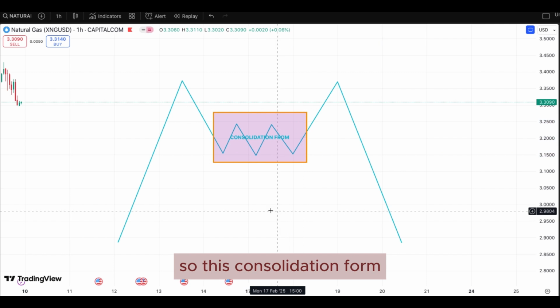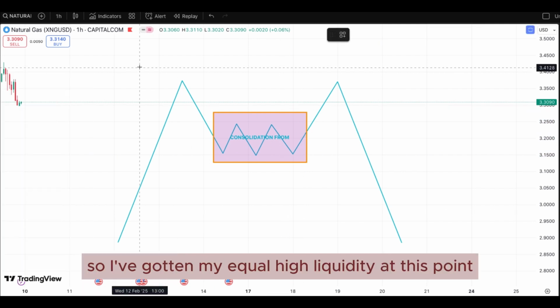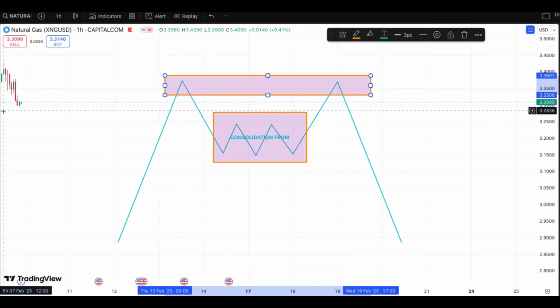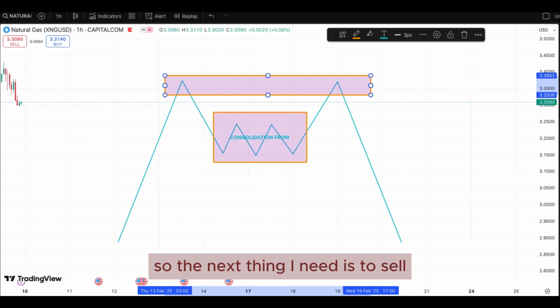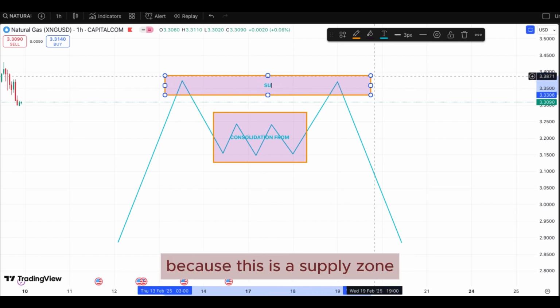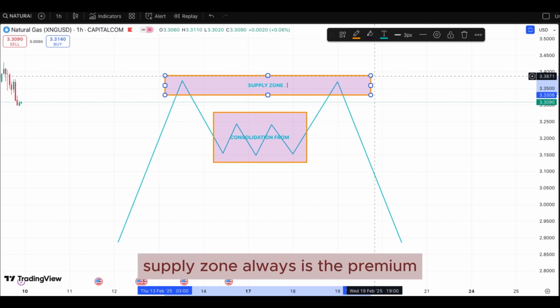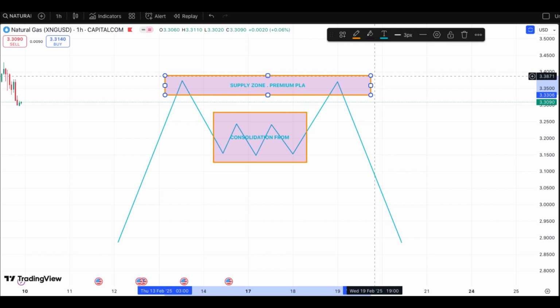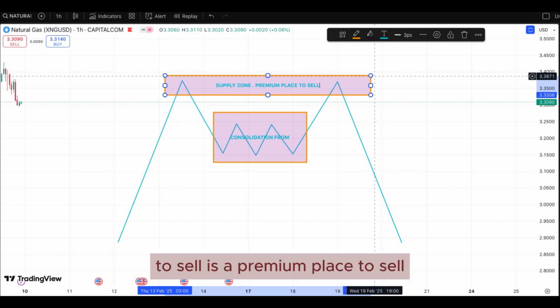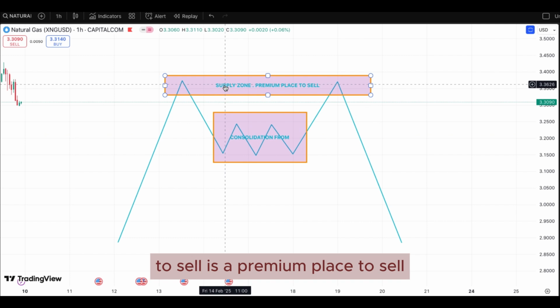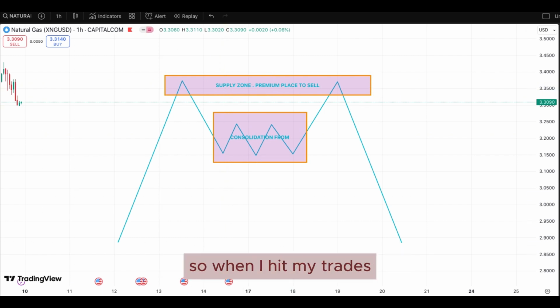So this consolidation forms. I've gotten my equal high liquidity at this point. The next thing I need is to sell, because this is a supply zone. A supply zone is always the premium place to sell. So when I hit my trade,